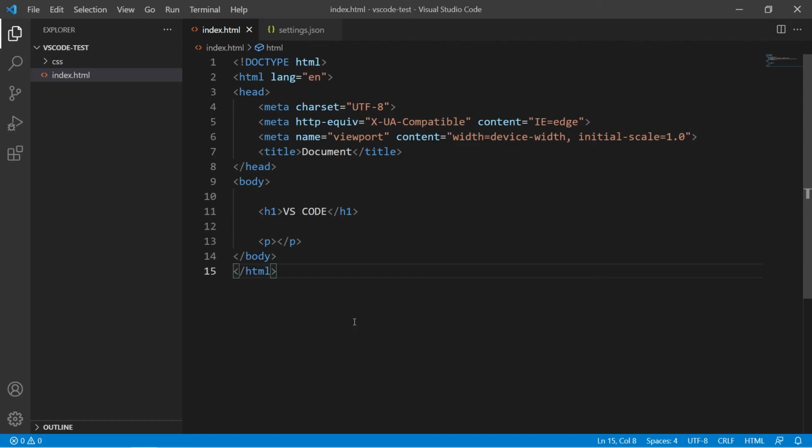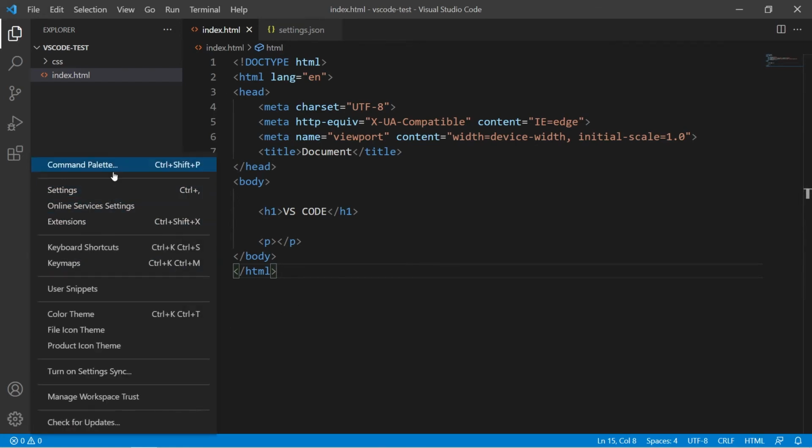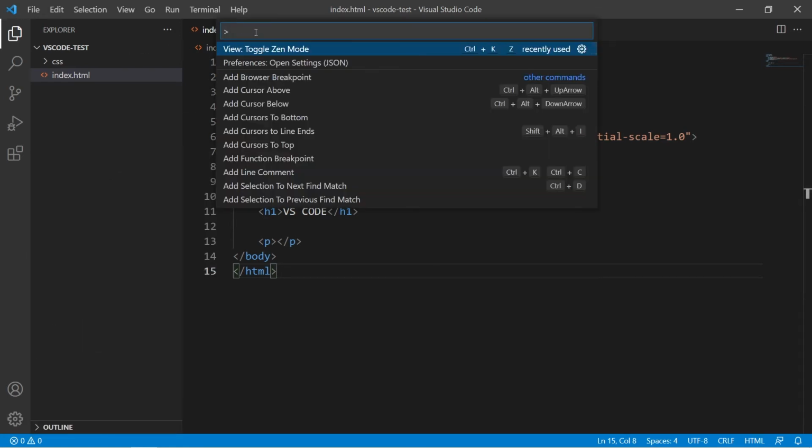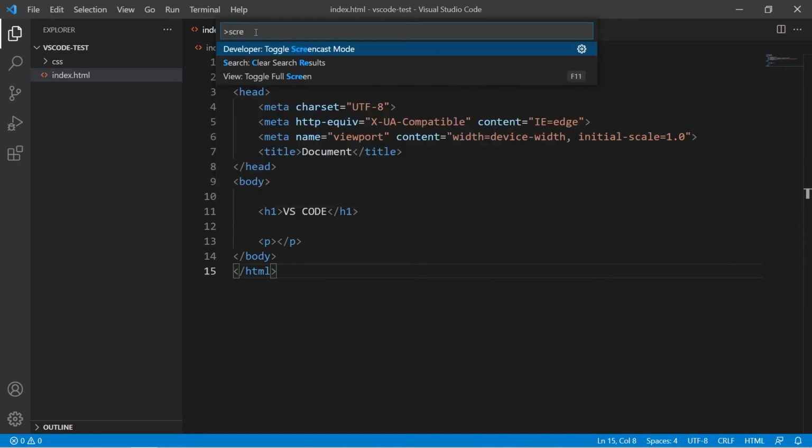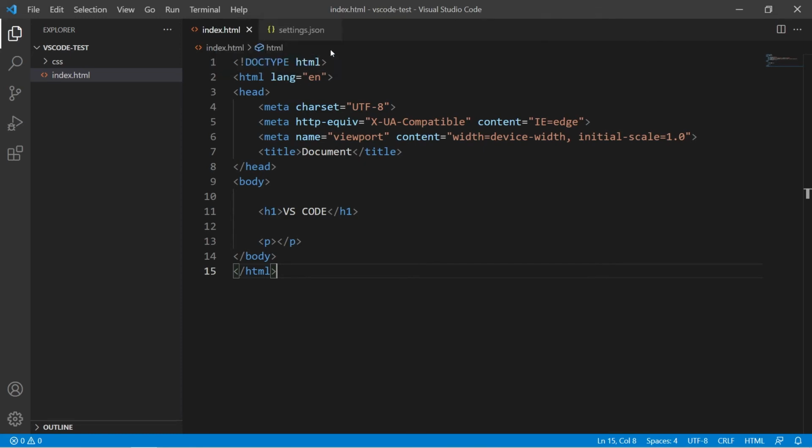Now the final thing in this video that we're going to take a look at is the screencast mode. So let's open the command palette once again, and now let's look for screencast mode. You can see we have this toggle screencast mode option. And if I click on this one, you won't see any change.